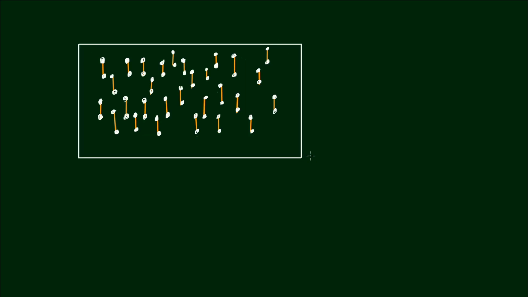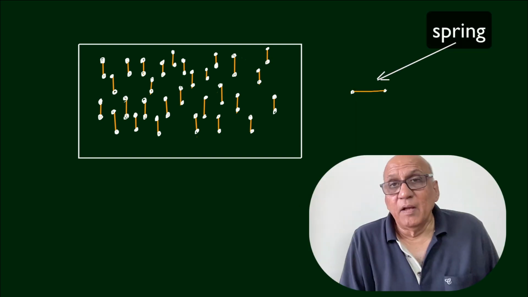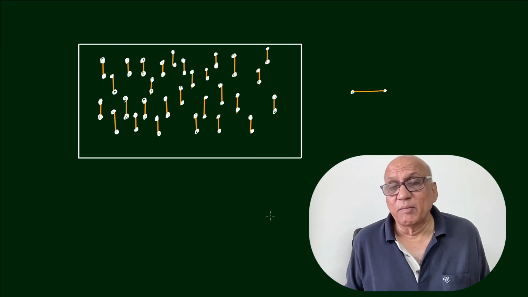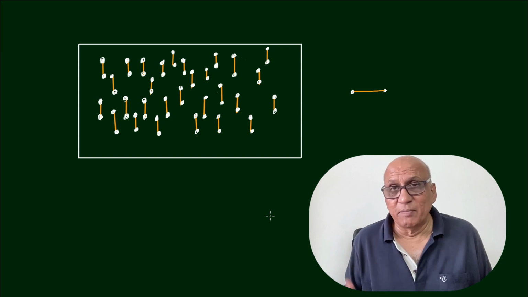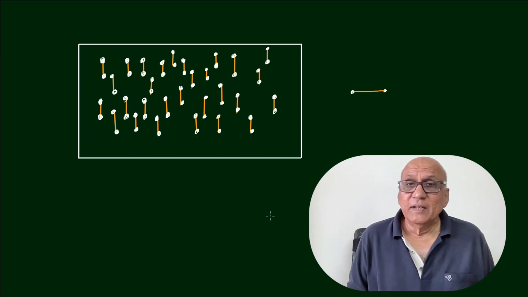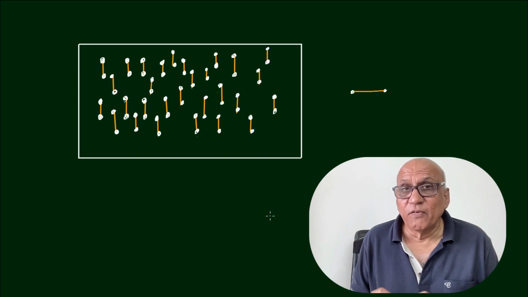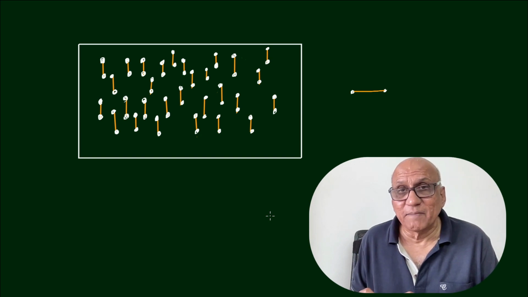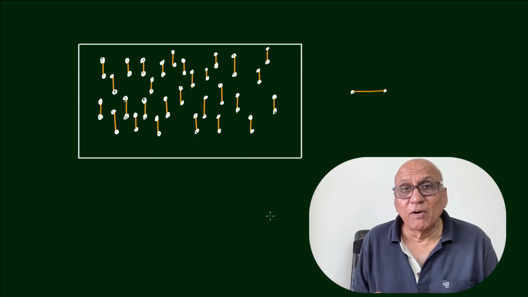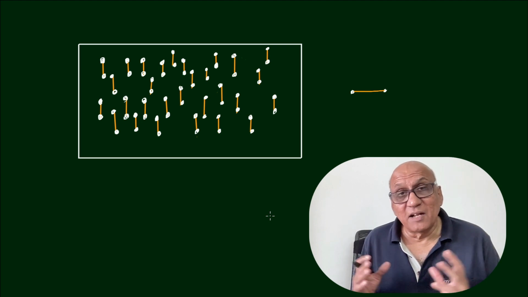This is a container and a gas of diatomic molecules. Now each of these molecules is represented by 2 point particles connected by essentially a spring. Now obviously a real life diatomic molecule is not like that. It is governed by quantum mechanics. But this is a simple classical model that we are building, and these models form the basis of the kinetic theory of gases. Now with these simple models, we are actually able to predict a large number of the properties